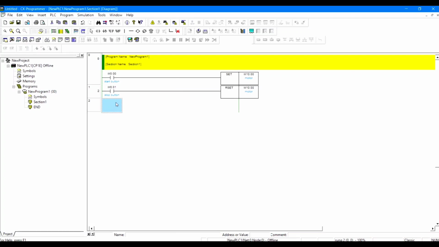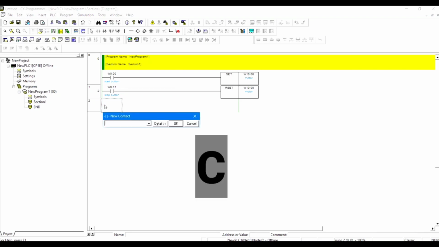So let's discuss the KEEP instruction. Let's press C here, and then let's use W0.02, then press enter.